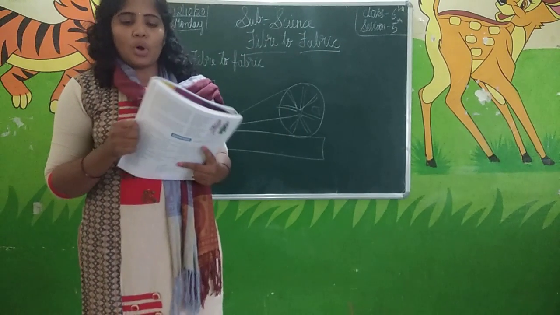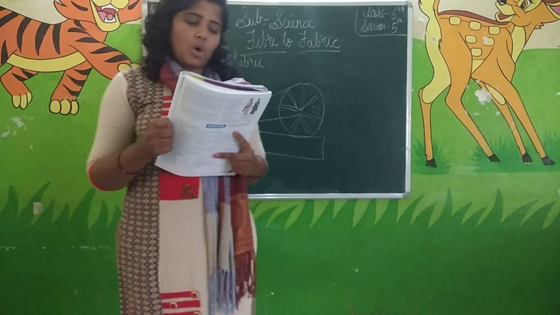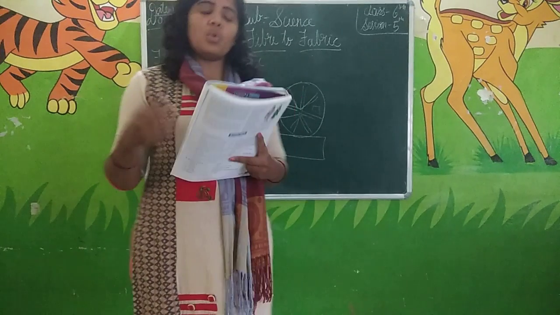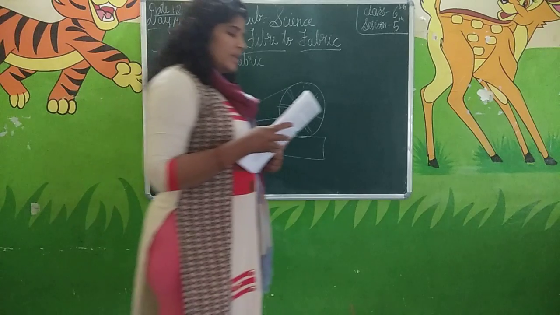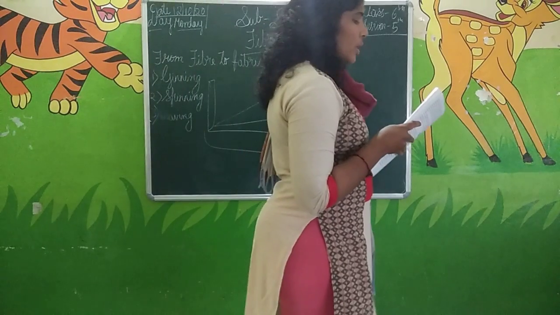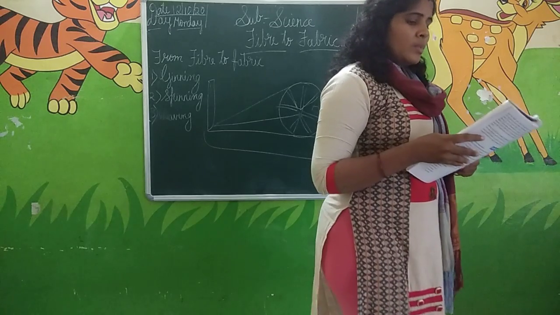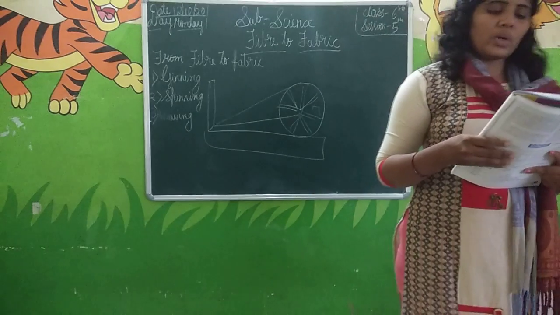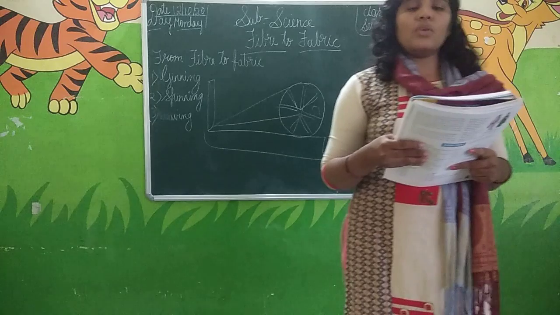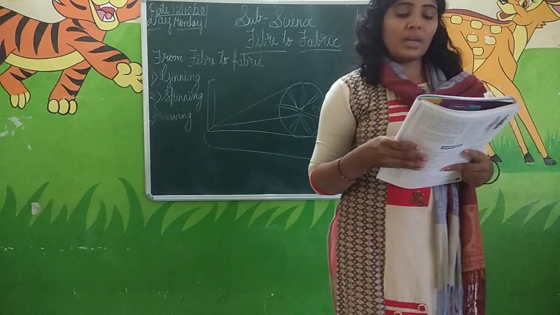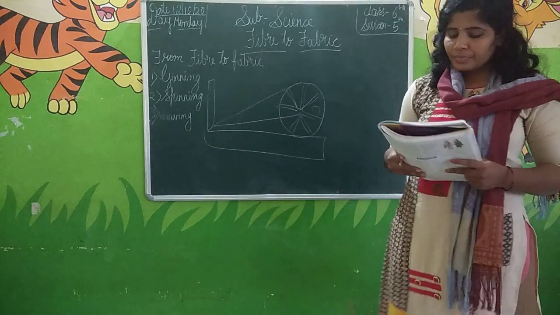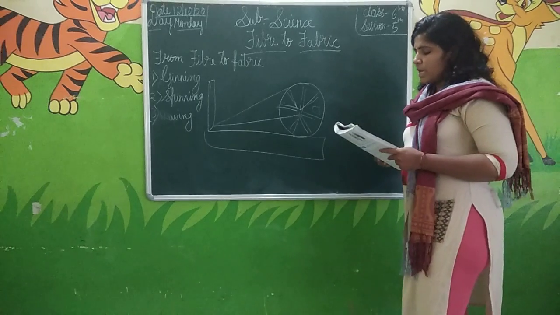The cocoon is boiled in water to kill the worms. It is then unwound to get the silk fiber. The rearing of silkworms for production of silk is called what? Sericulture. Okay, multiple choice questions they have here.